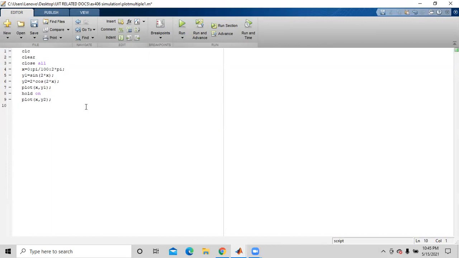Here also you can give x label, and the title.